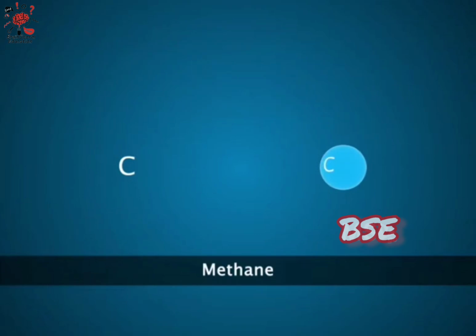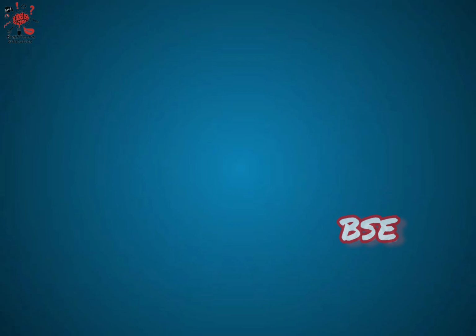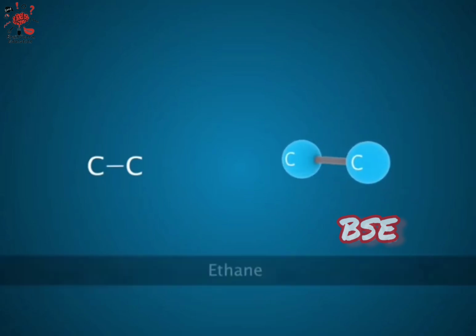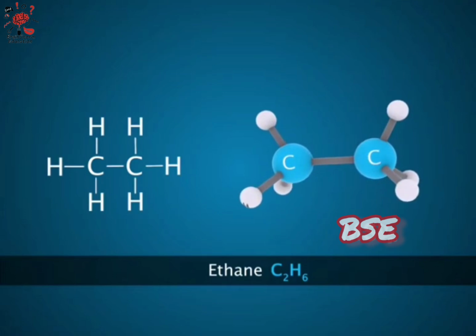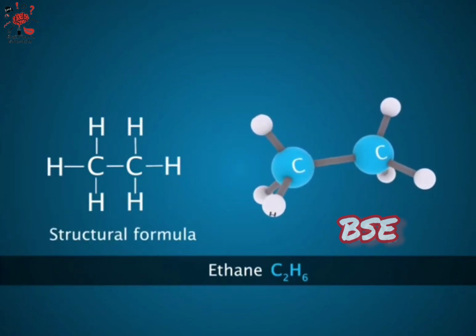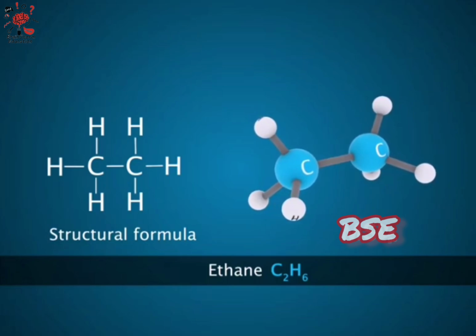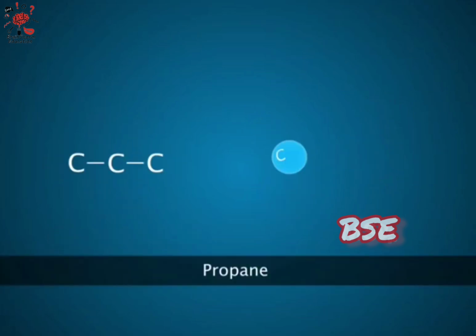The simplest hydrocarbon, methane, has 1 carbon atom and 4 hydrogen atoms. Its chemical formula is CH4. Another hydrocarbon, ethane, has 2 carbon atoms and 6 hydrogen atoms. There is only one way of writing the structural formula of ethane. The third hydrocarbon, propane, has the molecular formula